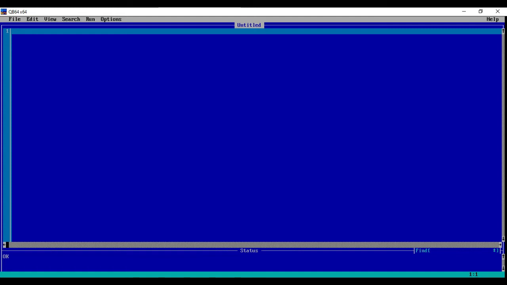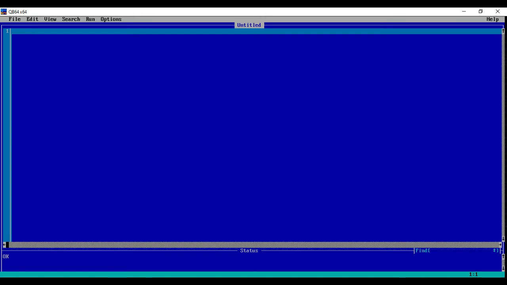Here, we write simple codes to generate a program. We write the source code of the program and then convert it to generate a program. QBasic is a very old programming language. Nowadays, many other software are used in place of QBasic, as QBasic does not directly support Windows 10.